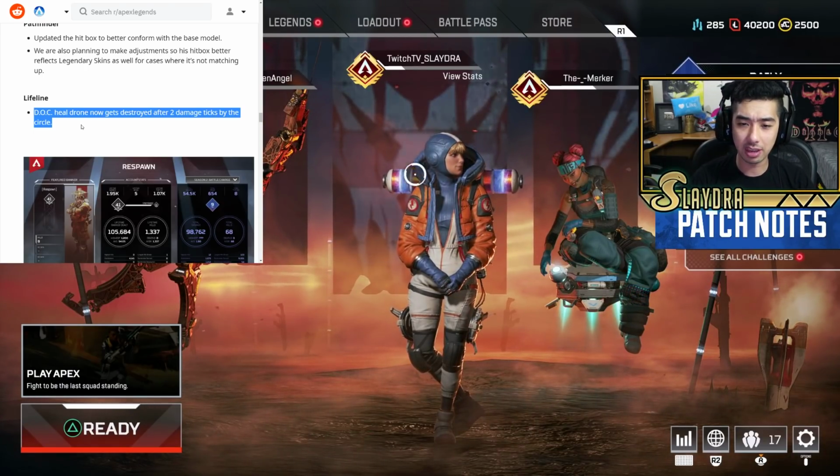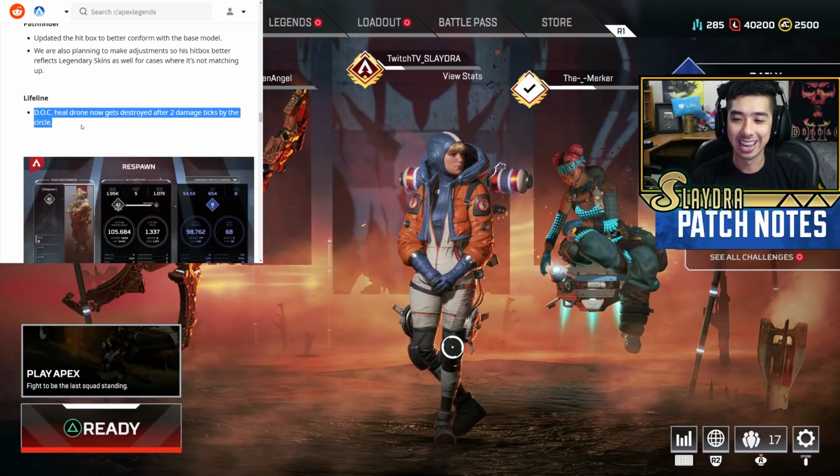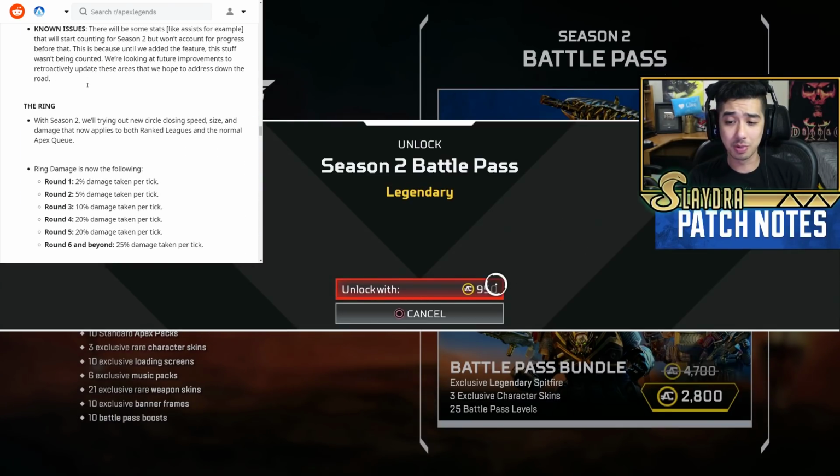This is more so, I think, for competitive play as a change, because I've seen a lot of people do that towards the very end. They'll just get into an area where the other person will just lose because the other person has the healing drone. It's pretty dirty. They also added a stats page, so that's kind of cool,